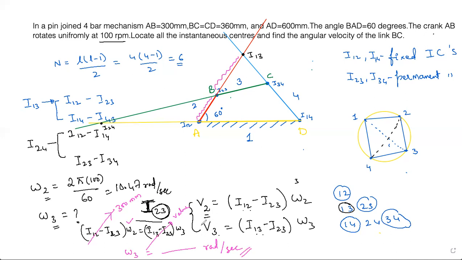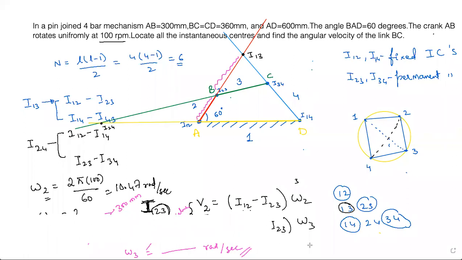Now I am going to even find out omega 4. Suppose we don't know omega 3. Even without knowing omega 3, I can find out omega 4. From here, of course, you found out omega 3. But now, suppose 2 is given and the angular velocity omega of link 4 is asked. Can I find that out? Yes, I can find that out. I'll show how we are going to do that part.